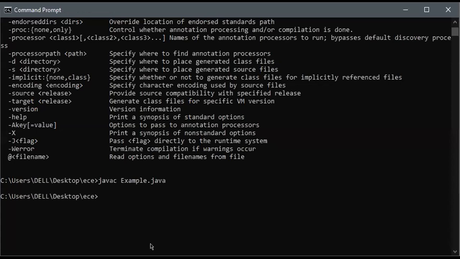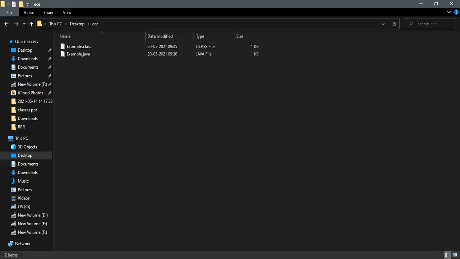After compiling, there are no errors. Let me share my folder. See this one. After compilation, Java created a class file. It has been created at 9:36, just now.